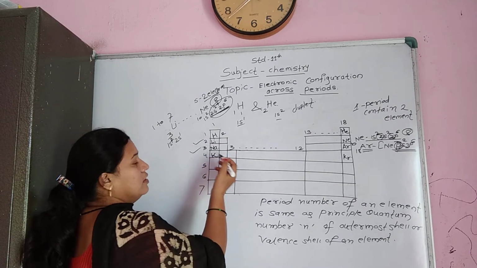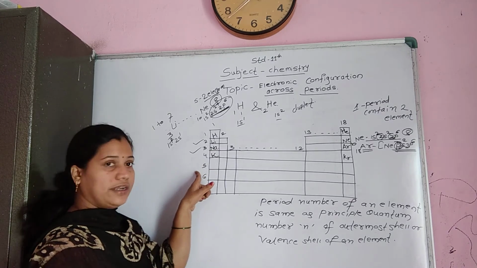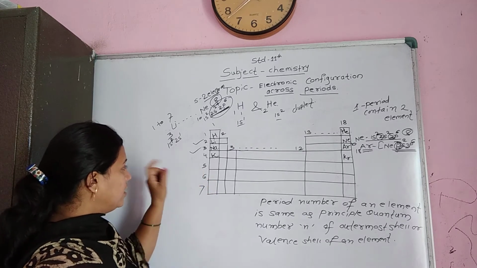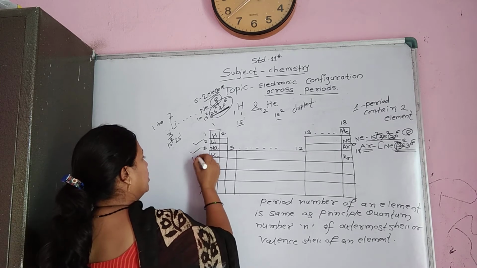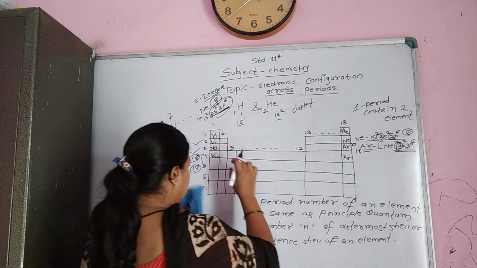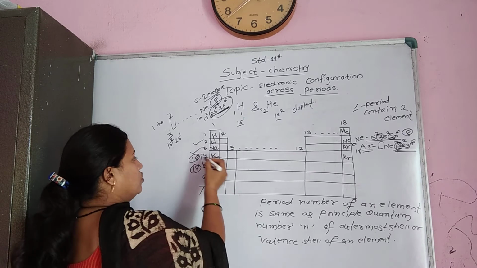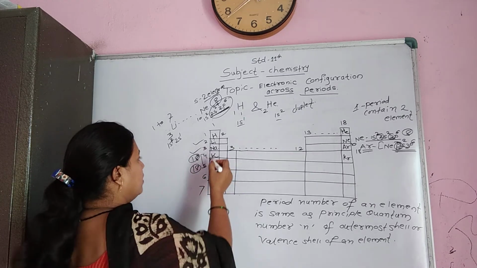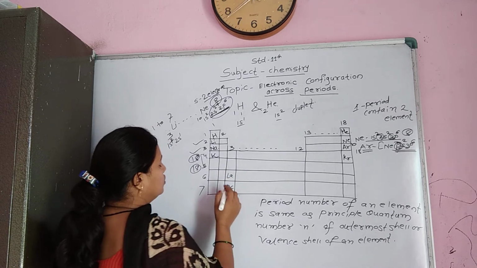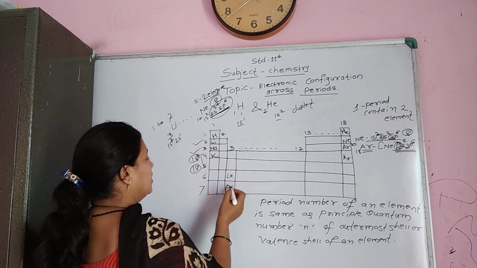In the next period, the 4f subshell gets filled along the fourth period, and then along the fifth period, the 5f subshell gets filled. When we observe the electronic configuration of elements along the fourth and fifth periods, we observe that a total of 18 elements are present in each, and here the lanthanide series and actinide series are present. So 14 elements are added further in the lanthanide and actinide series.